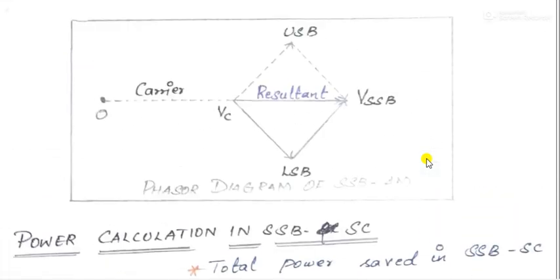This is the phasor diagram of AM. So what is the meaning of phasor diagram? The amplitude variation in an AM system can be explained with the help of a diagram, called the phasor diagram. And this is the carrier signal. This is the upper sideband and this is the lower sideband. Now we have suppressed the upper sideband, so that is denoted as a dotted line. Only one sideband is enough to transmit the information.